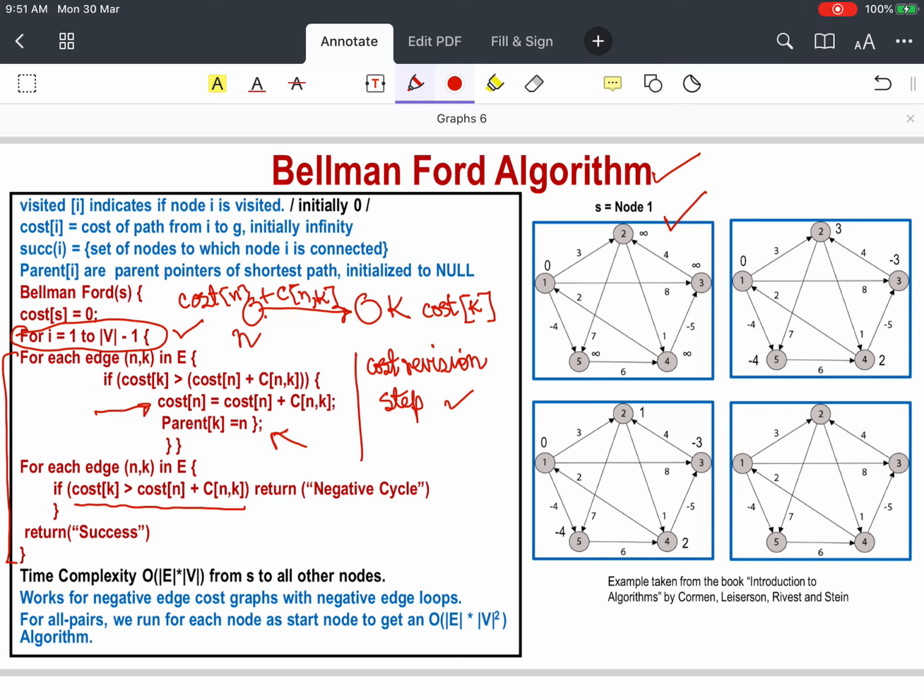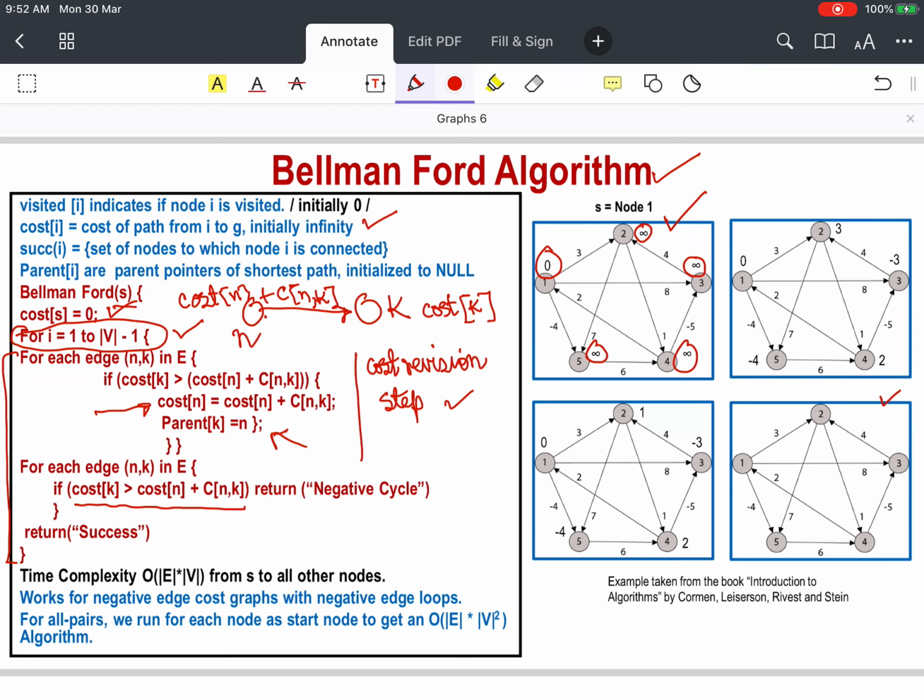This is the original graph, let us say. In this graph, as we said, initially all the costs of the paths are set to be infinity. Here, here, here, here. And then since we have started with node S, because this starts with a single node, we set the cost of S to be 0. And then we go through rounds of iteration.